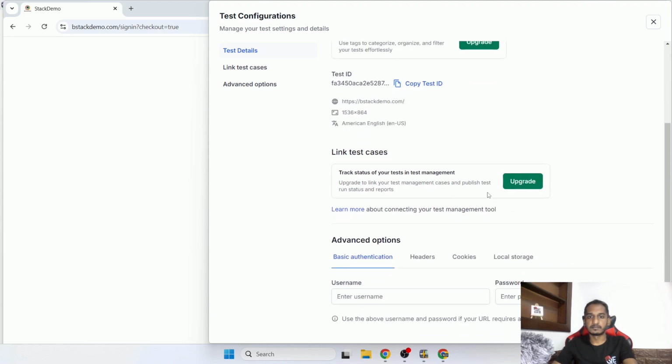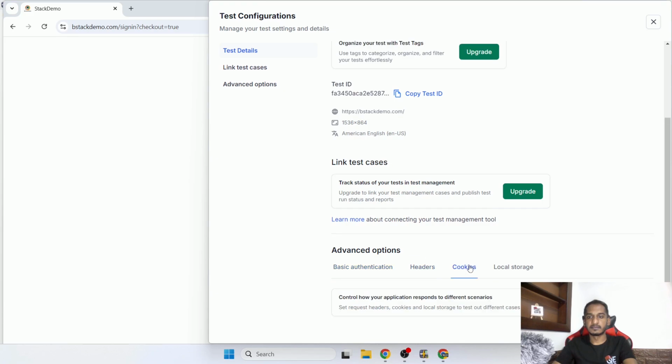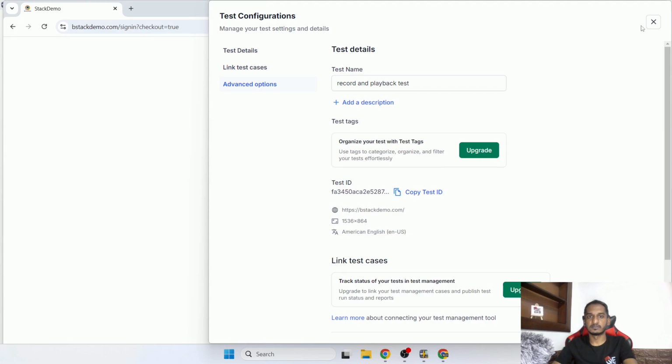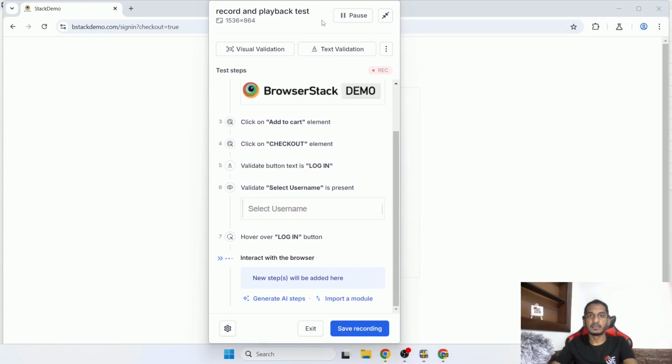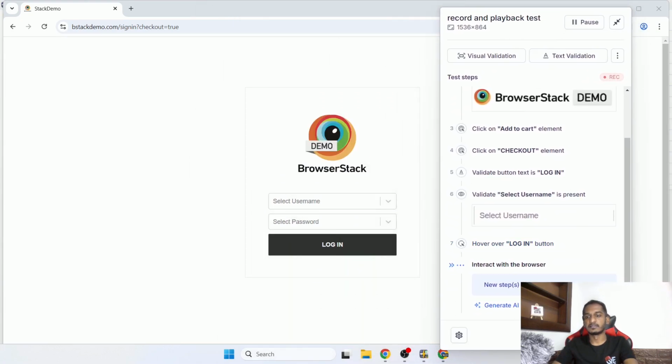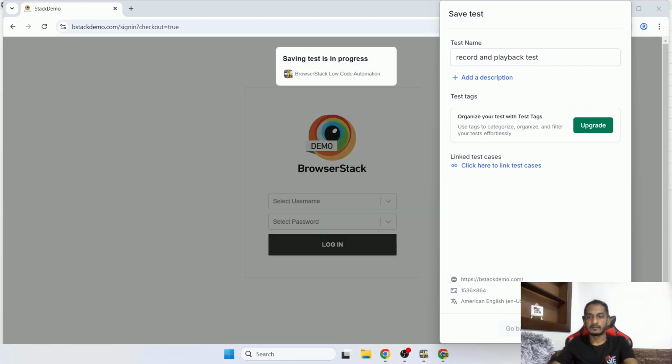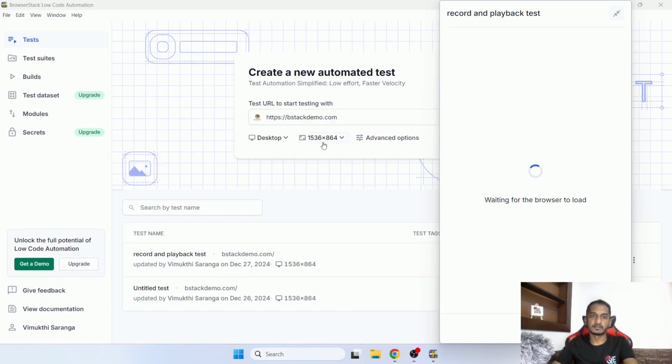And if you want to link some test cases, there are the advanced options again here and the link test cases. Okay, so that information is available there. And then the last part is that either you can exit without saving or you can save. So I will go with the save recording option, then the test name, and then save and run. Okay, now it will do a rerun